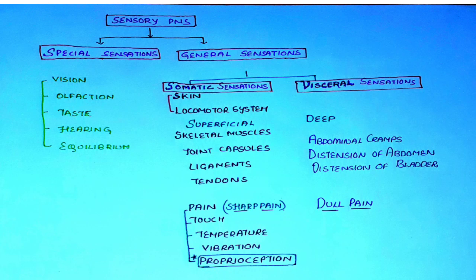For example, if we stand in prayer position in front of God, even after closing our eyes, we can get both the hands to the same position touching each other, and this is due to proprioception. And with closed eyes, if anybody asks us to touch our nose with our index finger, we can do that. How? It is also due to proprioception.